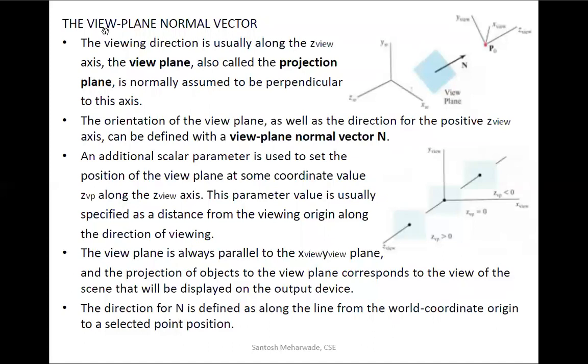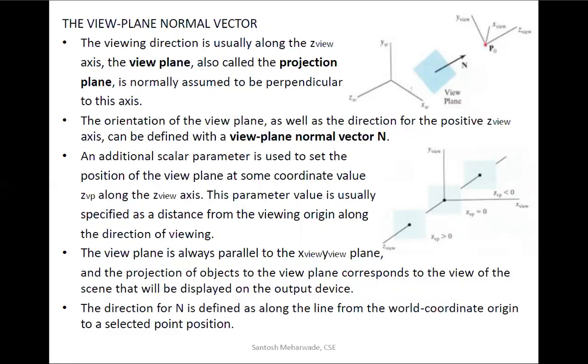Here we are going to see the view plane normal vector and the role of this normal vector in the view plane. The viewing direction is usually along the z view axis, so whenever the camera is viewing something, it is pointing towards the z view axis.